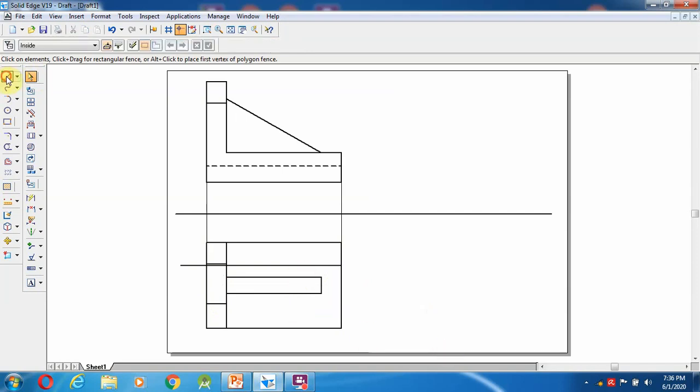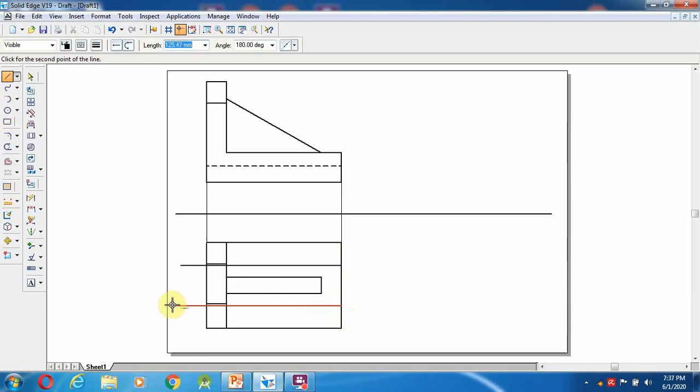Delete this line. I'm going to start from here itself, 30, enter. Going to make it over here.